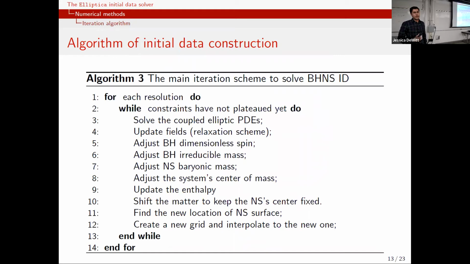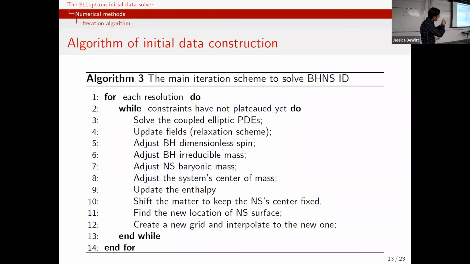All right, so this is how we solve the elliptic equation, but this is not the only thing that you should solve. You should also do other things. Let's say you want to have a specific spin for your black hole, a specific mass for a neutron star, and also a specific distance. So you give these parameters to Elliptica, and Elliptica goes through this algorithm